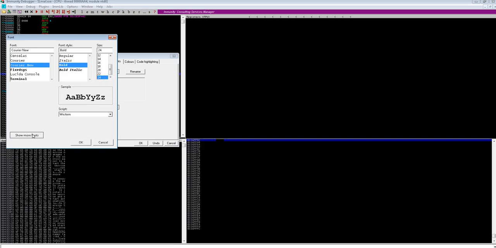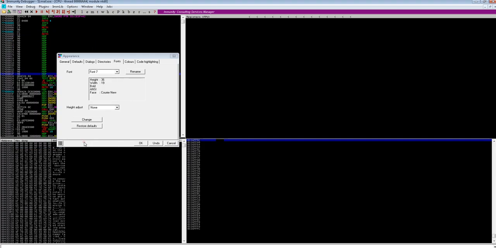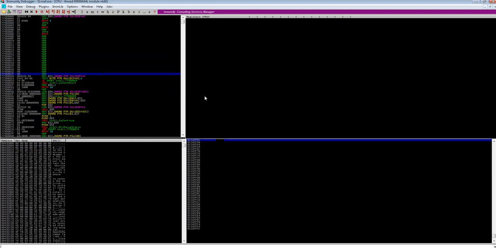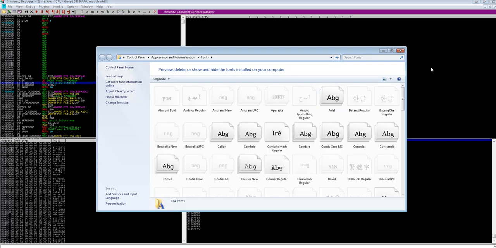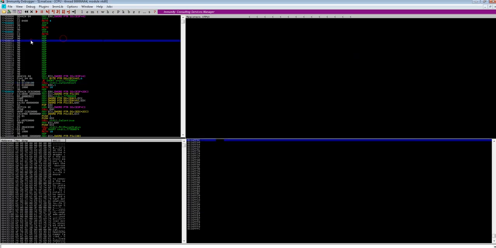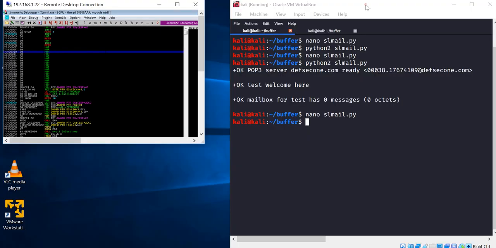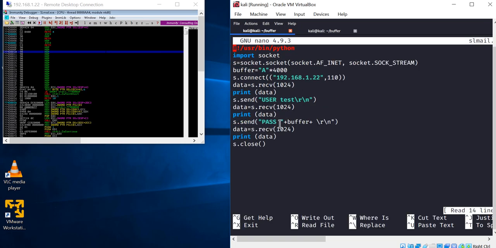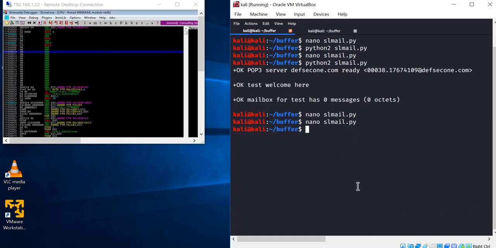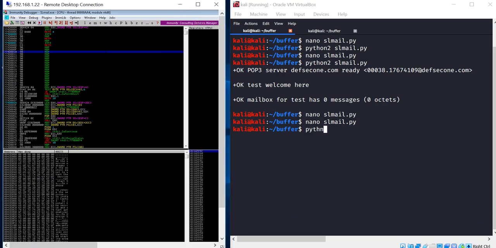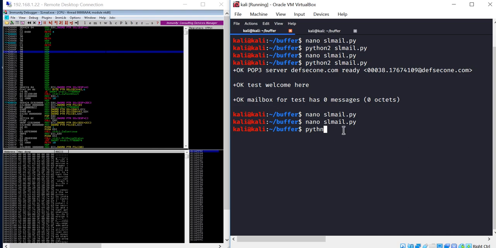Let me bold it so that you get more details. Fine. So I've opened SLMail here, and I just clicked start running. We have already edited the SLMail script to say 4000 here, and now when I run it, you could see here I've edited the SLMail already.